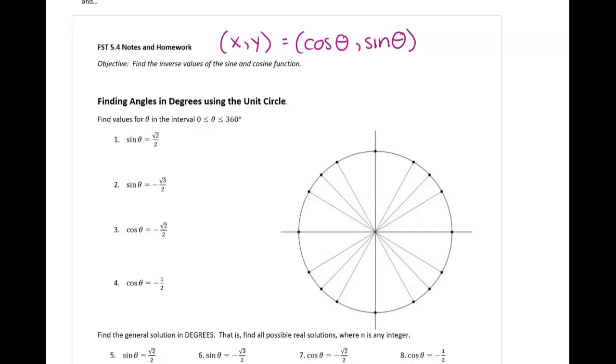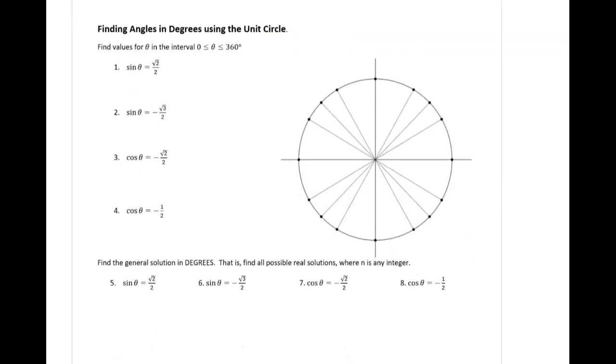So let's start by filling in the unit circle. First we're doing degrees. On the next page we'll do radians. So if we focus just on degrees, this right here was 0, 360 degrees, 30 degrees, 45 degrees, 60, 90, 120, 135, 150, 180,